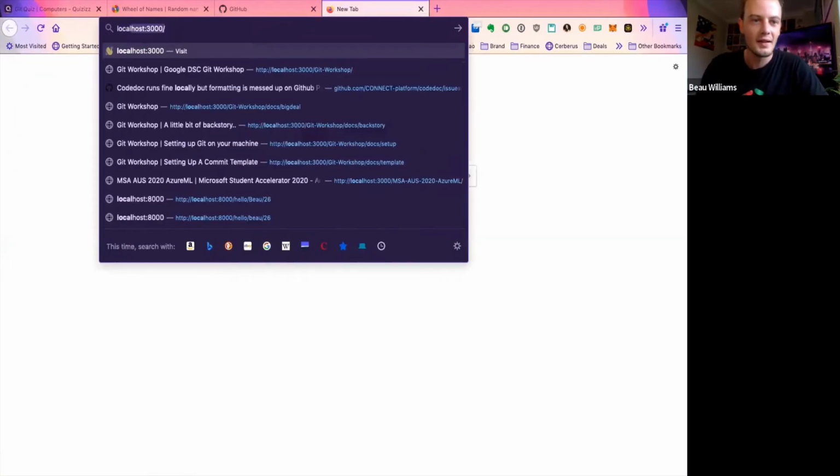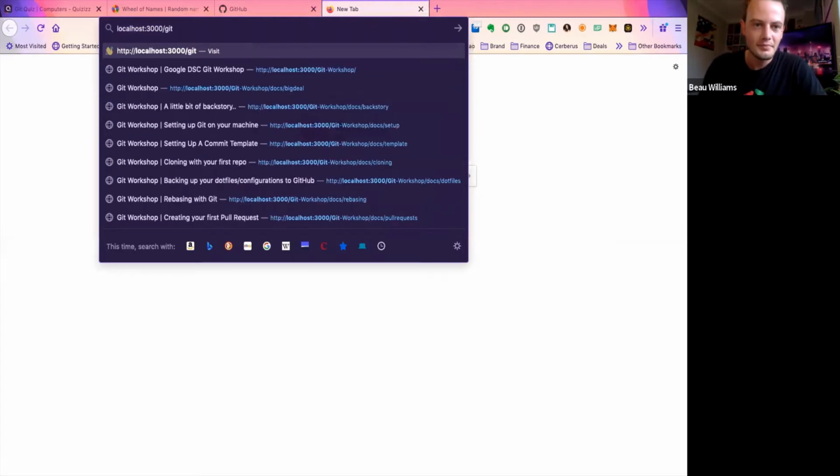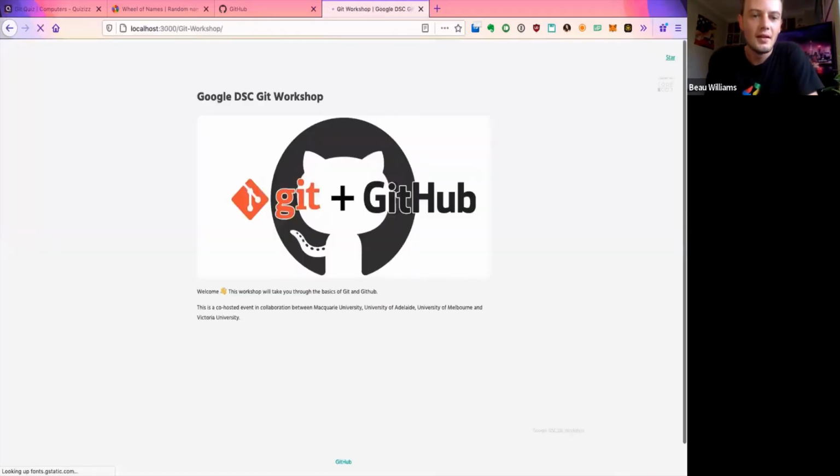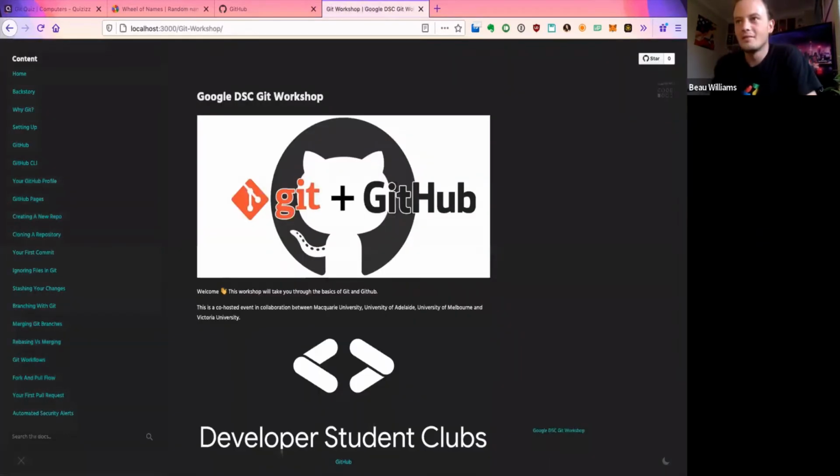So let's get started. What is Git? Firstly, for those of you who haven't used it before, it's software that allows developers, especially in a team setting, to collaborate on their software projects. It could be open source or closed source.